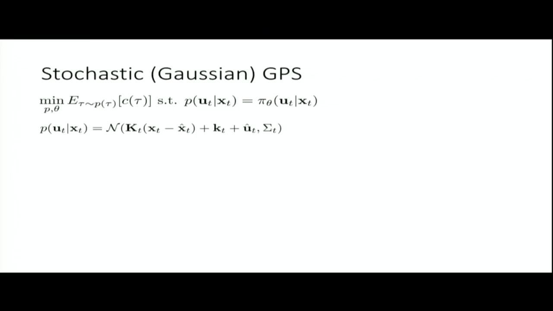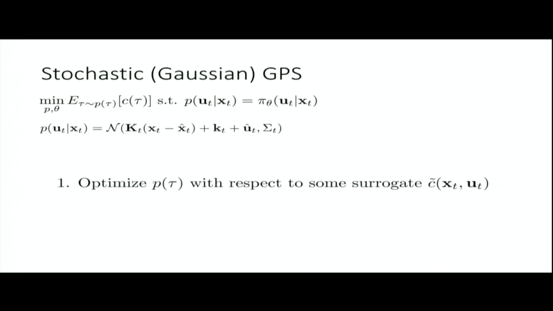Now in the stochastic case, it's no longer individual trajectories, it's actually trajectory distributions. But these linear Gaussian controllers, so linear feedback plus Gaussian noise, actually give rise to Gaussian trajectory distributions, which are much more tractable than arbitrary distributions. So what you can do in the stochastic case is optimize P of tau,